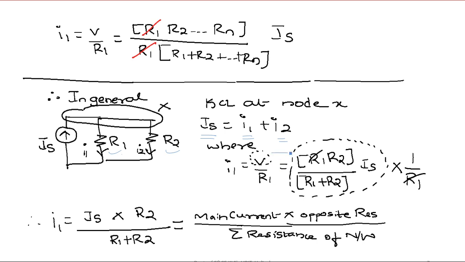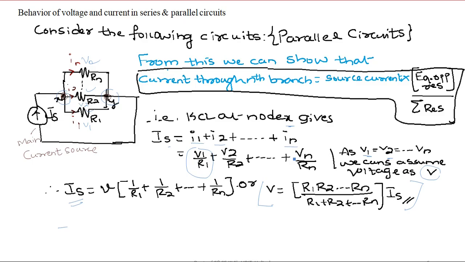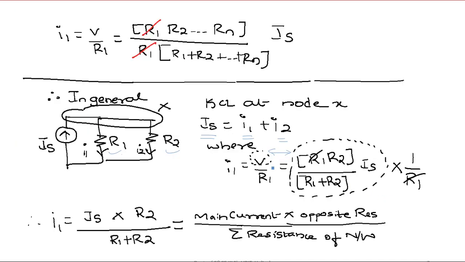this can be replaced by this equation, which we have seen in the previous section. What is the voltage? It is the multiplication of R1, R2 till Rn divided by their sum, times the main current source. Here we have only two resistances, so we get R1 into R2 divided by R1 plus R2, multiplied by the main current source. This can be replaced in place of V, then multiplied by 1 by R1. This R1 and this R1 will get cancelled out. So we will be left with Is, that is the main current Is,